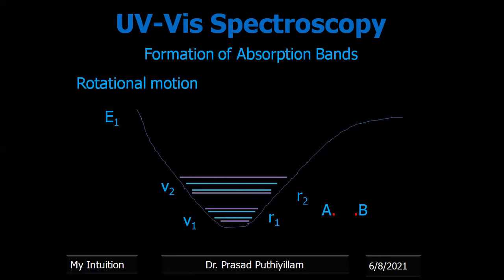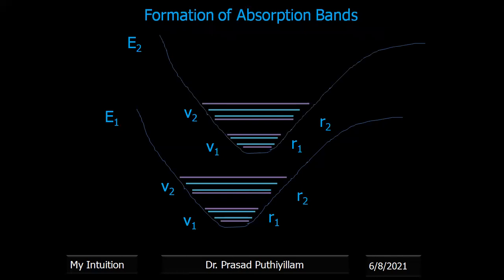So a higher energy level in a plane, we have to represent as a higher energy level like this, E2. Okay, there also it will absorb the electromagnetic radiation and the electronic shift takes place. Then it also undergoes vibrational as well as rotational motion. Therefore, we can say that these represent the bands. Therefore, this is the representation of jumping to a higher energy level. Therefore, it absorbs different radiations.